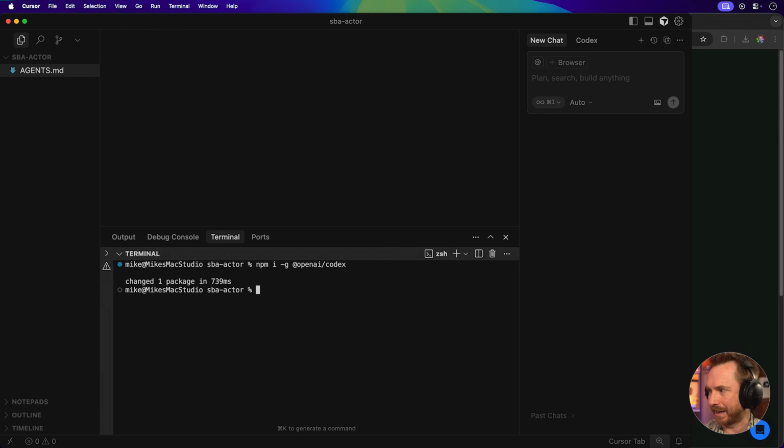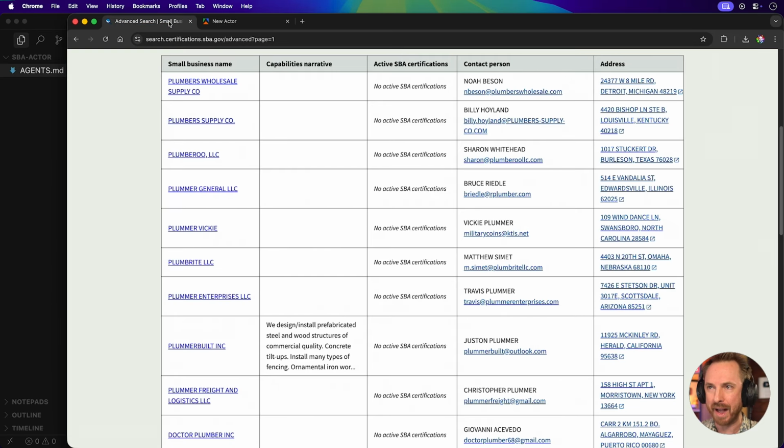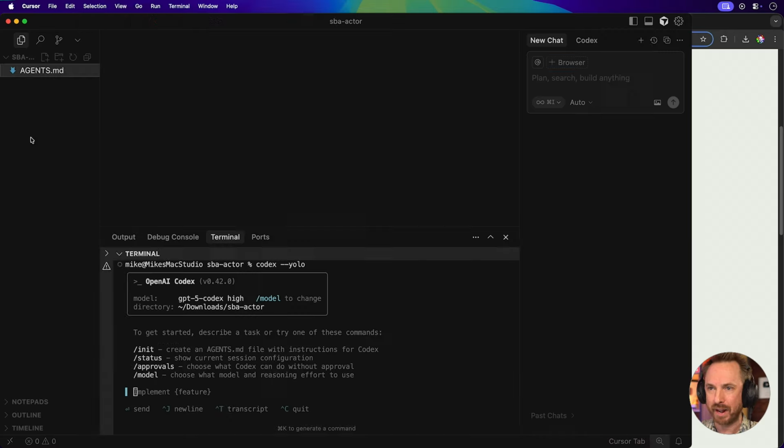First, install Codex. I've already done that. And next, we'll install Google Chrome DevTools with one command as well. And that's all set. Now I can clear my terminal down and I can type Codex --YOLO, you only live once, to run in automated mode. Now you'll see I get OpenAI Codex all loaded up. I'm using the GPT-5 Codex High model to do this, and because I've got all the instructions in my agents.md file, all I need to do is go to the web and grab a copy of this web URL, and we'll just type in a simple prompt: build an Apify actor for this site, and then paste in the URL